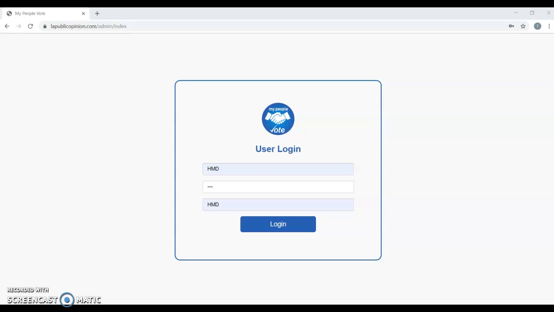Okay, this is a My People Vote tutorial on how to reset your voters who voted in the previous cycle of this election. So congratulations, this must mean that you're in a runoff election. So what we do is we log in to our administrative site